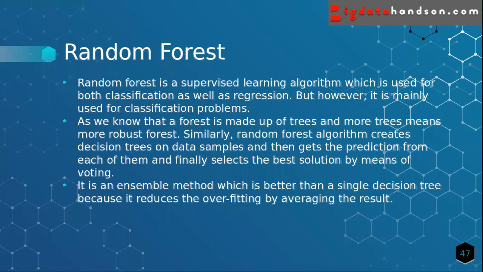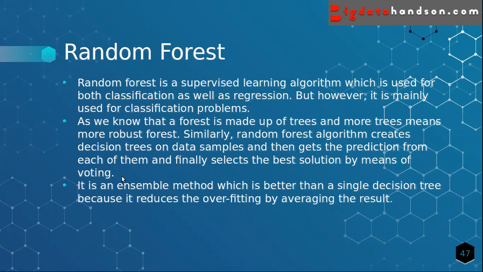As we know, a forest is made of trees, right? In the same way, in the random forest algorithm we use trees. We use decision trees as the algorithm. We split the data into samples, and then we give the sample data to every tree, and then every tree will give a final result.